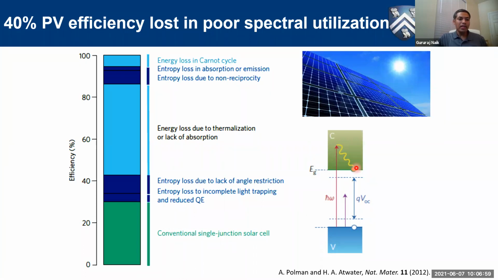So if we want to bring efficiencies of solar cells beyond this 30%, let's say for a single junction solar cell, then we cannot do that without controlling the spectral properties of the light source, which is the sun. Okay, so we have to do something with controlling the spectrum. Somehow we have to squeeze the spectrum of sunlight into a very narrow bandwidth. Only then can we get very high efficiency. So how do we do that? This is where the challenge lies.